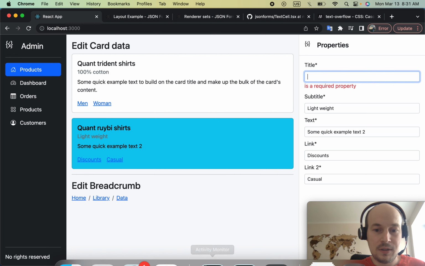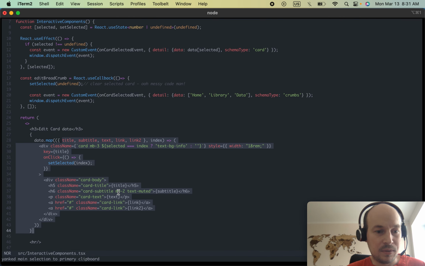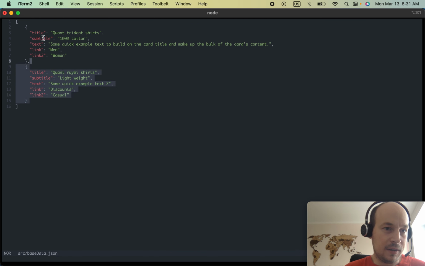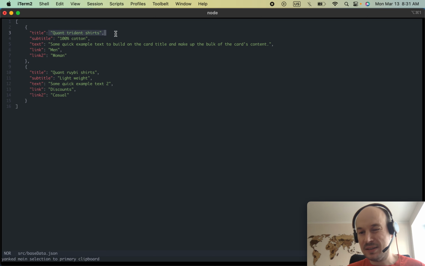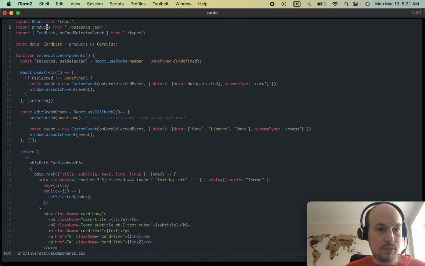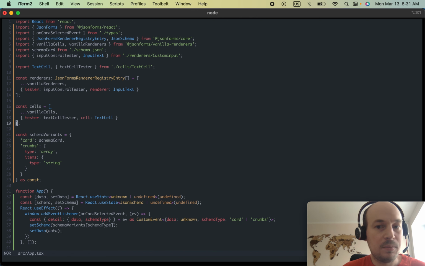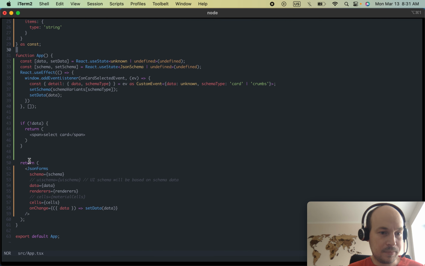So the card thing that you saw in here, which is rendered here, is just a simple React component, and it shows just this data. So this is our data that we kind of can edit. Control O, and the interesting part with UI generating is I am using JSON Forms